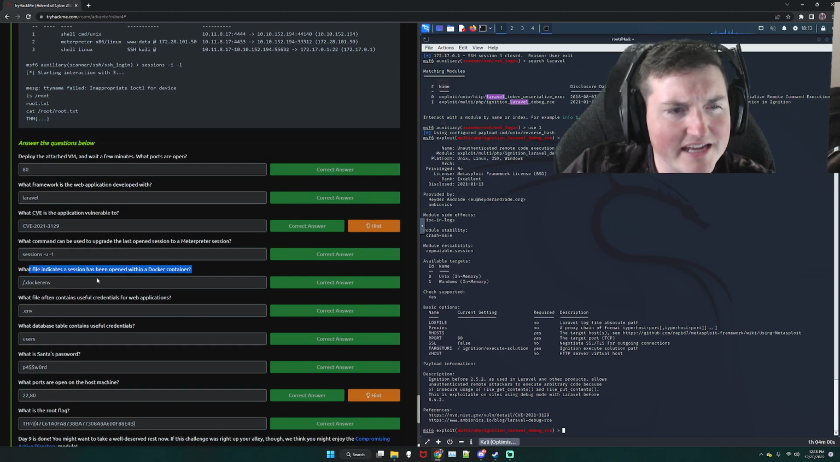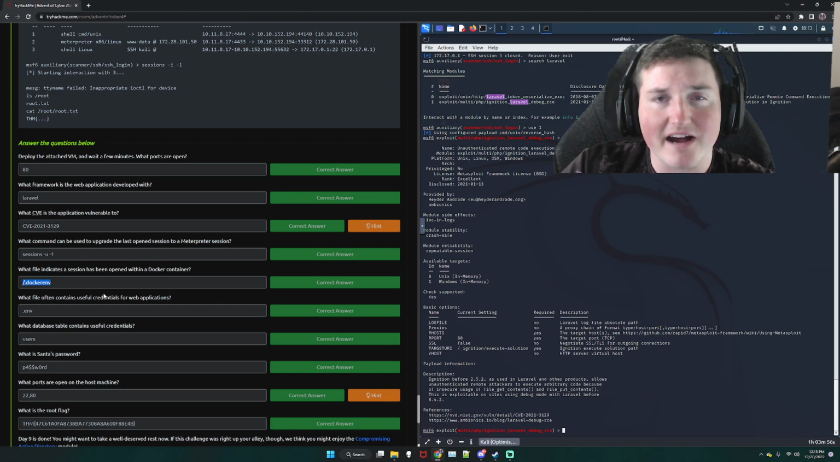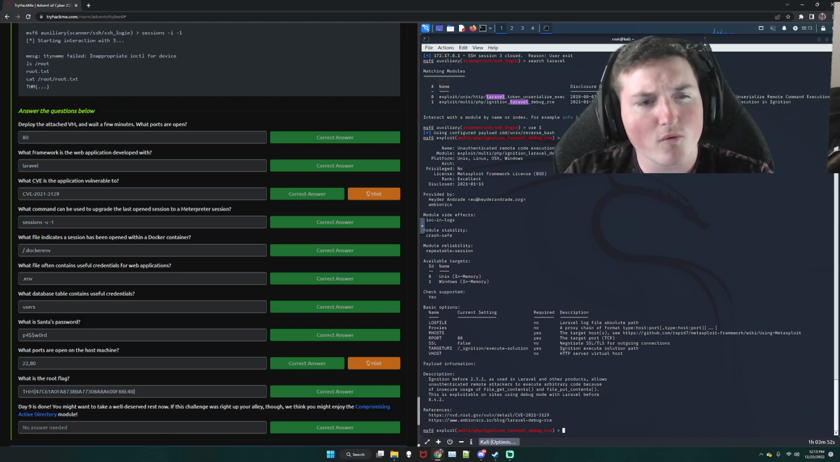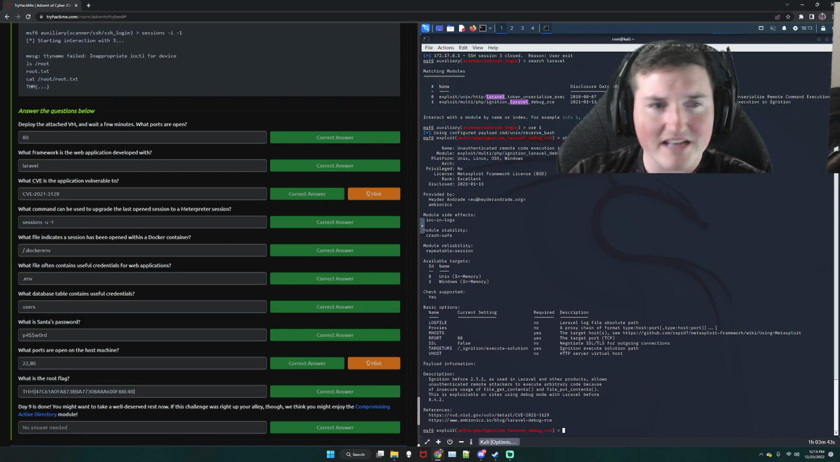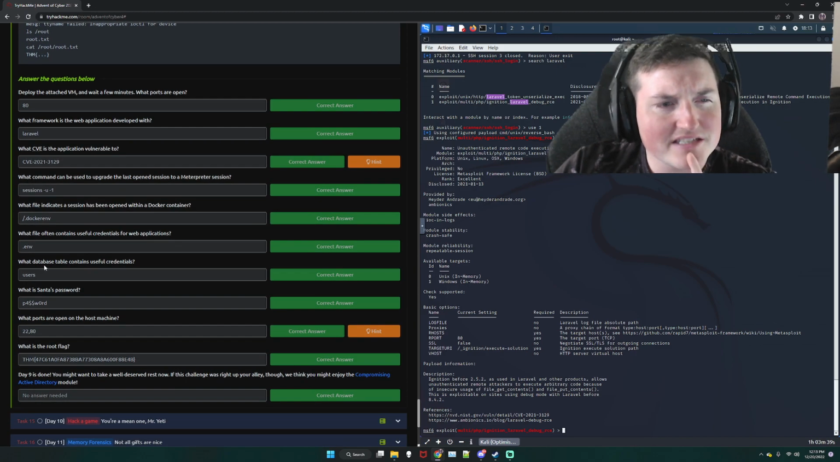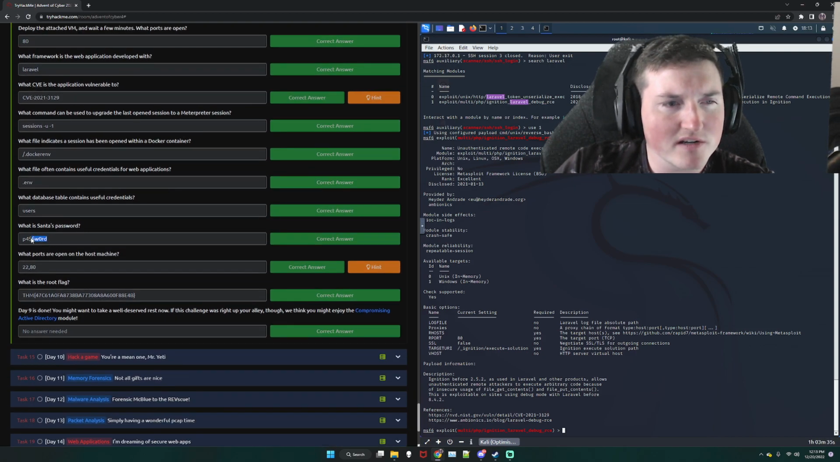Now, what file indicates a session has been opened within a Docker container? If you remember, that's that hidden file, dockerenv. Now, what file often contains useful credentials for web applications? That's the environment file. Now, why would it have useful stuff? Obviously, that's the environment. It needs to know what database am I going to? What's the name, password? How do I get into this database? That type of stuff. Now, what database table contains useful credentials? The users table. What's Santa's password? If you remember, we did